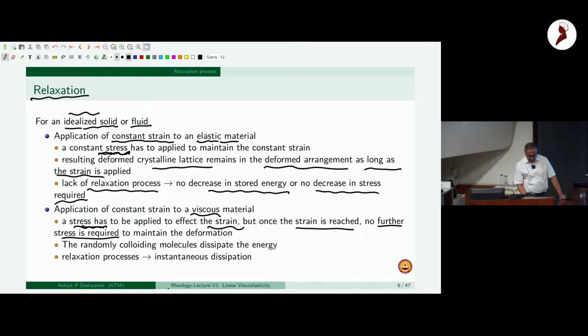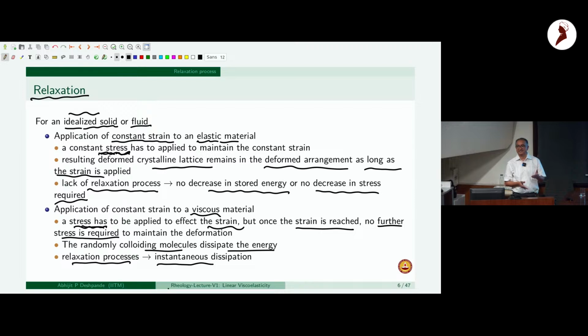So basically, the randomly colliding molecules have completely dissipated whatever force was applied, whatever mechanical energy was input into the system to take it to a new configuration. And so basically, there was an instantaneous relaxation or perfect dissipation in the material. So from a mechanical point of view, we have an example of a material which is relaxing instantaneously and one